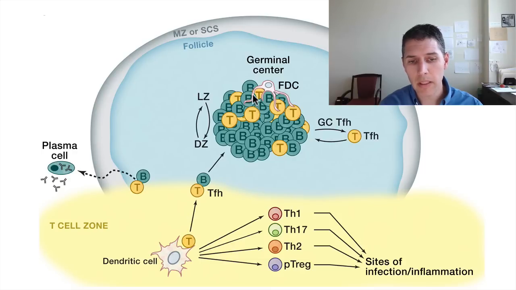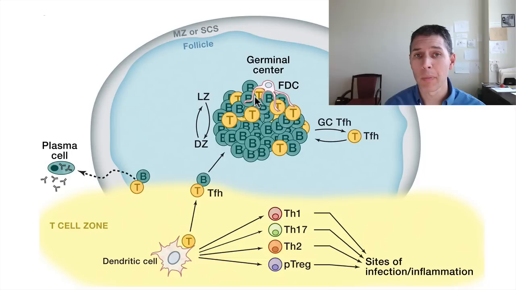B cells compete to bind that antigen, and then the B cells internalize that antigen, process it into peptides that can be presented on class II molecules, and then the different B cells present those peptides back to TFH cells, and the TFH cells